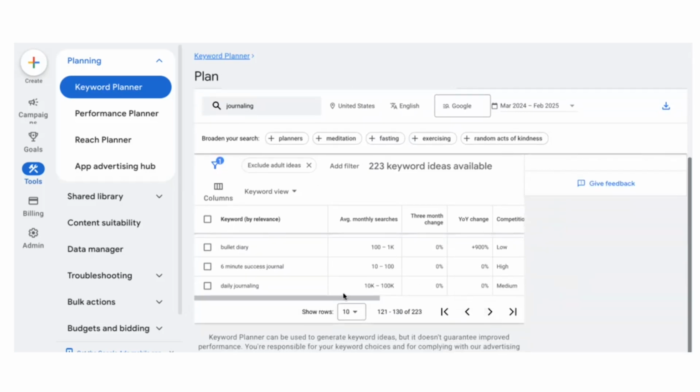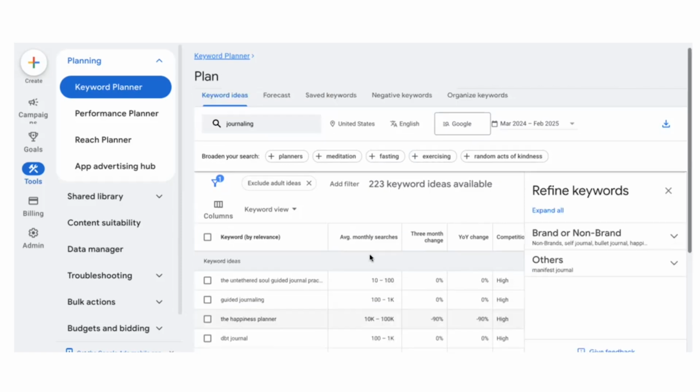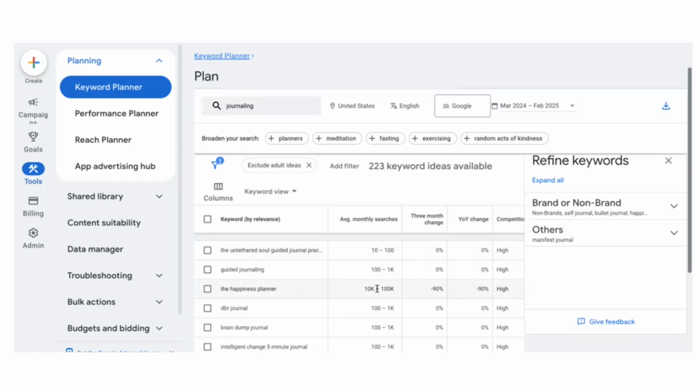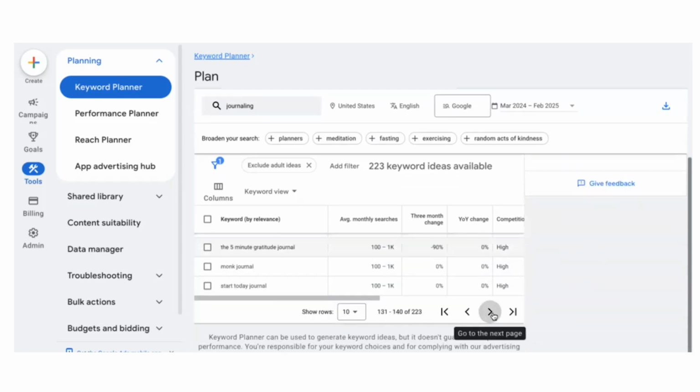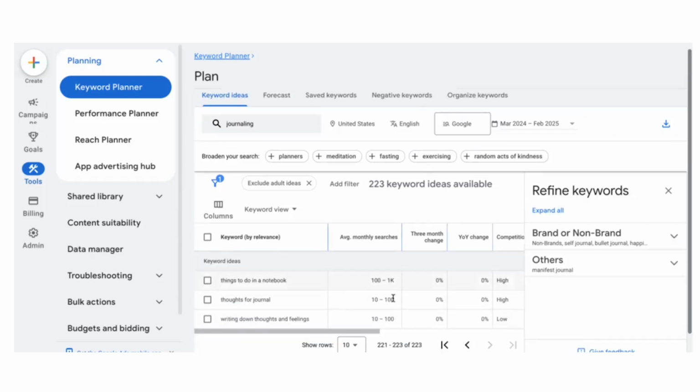Let's see. Daily journaling is another one. Wow. These are all keywords I can optimize my blog for, all of these. The happiness planner, that's a specific type of product, so I won't optimize for that. Morning journal. Ooh, that's another great product idea. And that competition is low. All right, we got some great ideas. So that's how you can do keyword research. And again, you can use any keyword tool you want. I just use ads.google.com because I do run ads and it just makes sense for me.